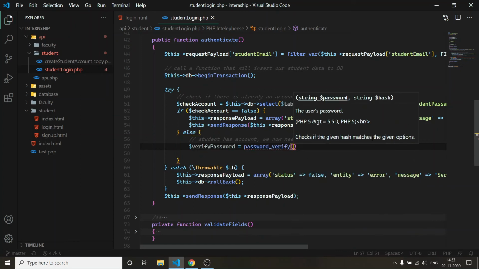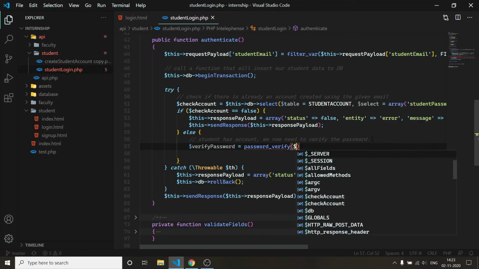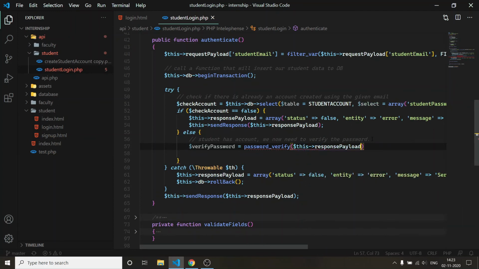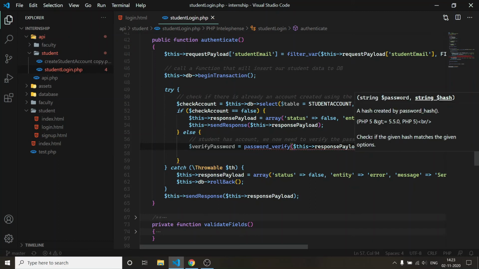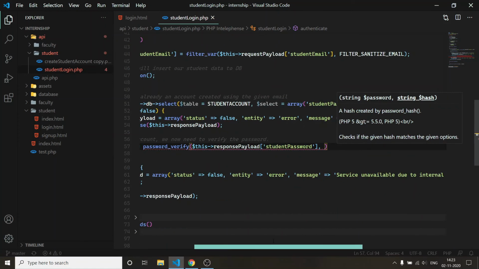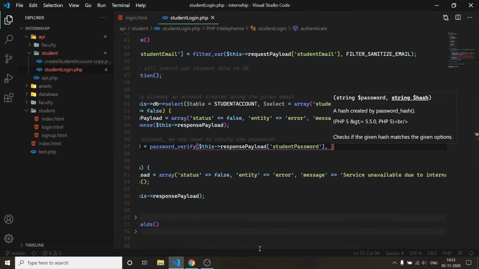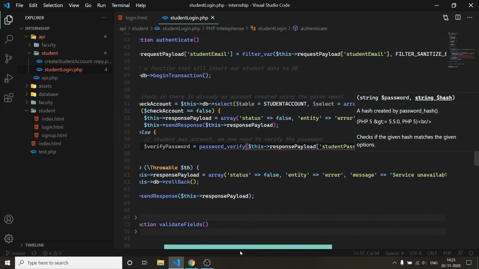Now we need to send the user's password, which will be there in this response payload, and student password, and we need to make sure the hash is provided. So the hash will be coming from the database, which will be there in check account.